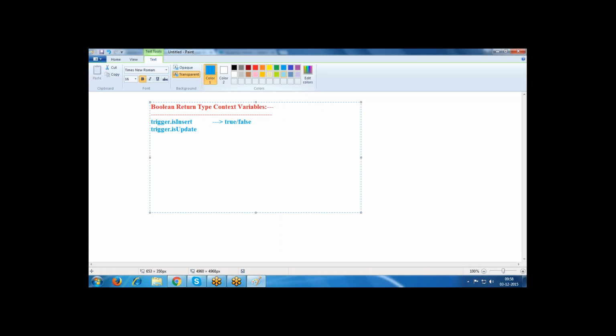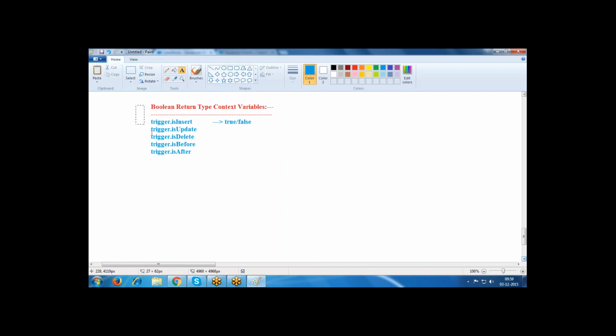If your operation is update, it returns true, otherwise false. Trigger dot is delete. If you want to check the conditions, then we are using this one. Trigger dot is before. Trigger dot is after. Like this, these are the context variables. The return type is Boolean.